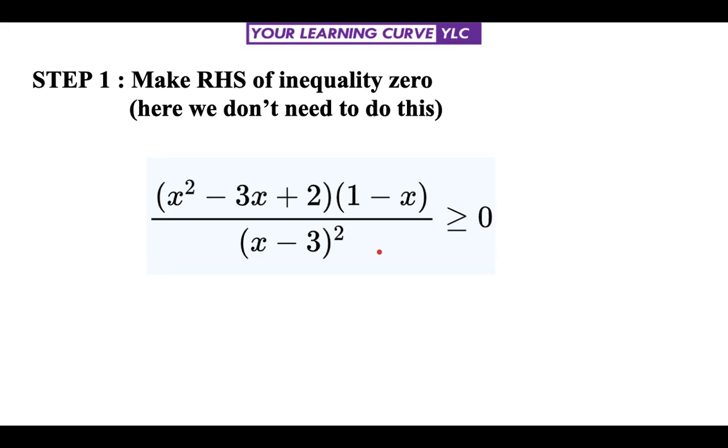The first step involved in this method is we have to make the RHS 0. Suppose here we are given that f of x is greater than or equal to 0, we have to find. But suppose here if a number is given, that is f of x is greater than 1 or x or anything could be given, it could be a function or a constant number, then you have to first make this RHS 0. You transfer the entire quantity on the LHS, solve and get a function over here to make this RHS 0.